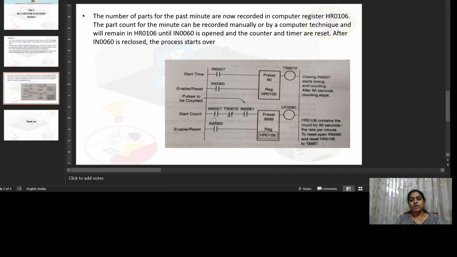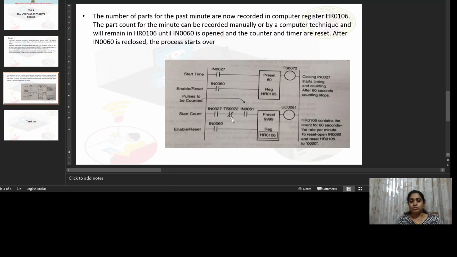So here also, when I start the timer, at the same time the counter will also start. This is because when I energize IN27, it will start the timer in the first line, and here also it will close.